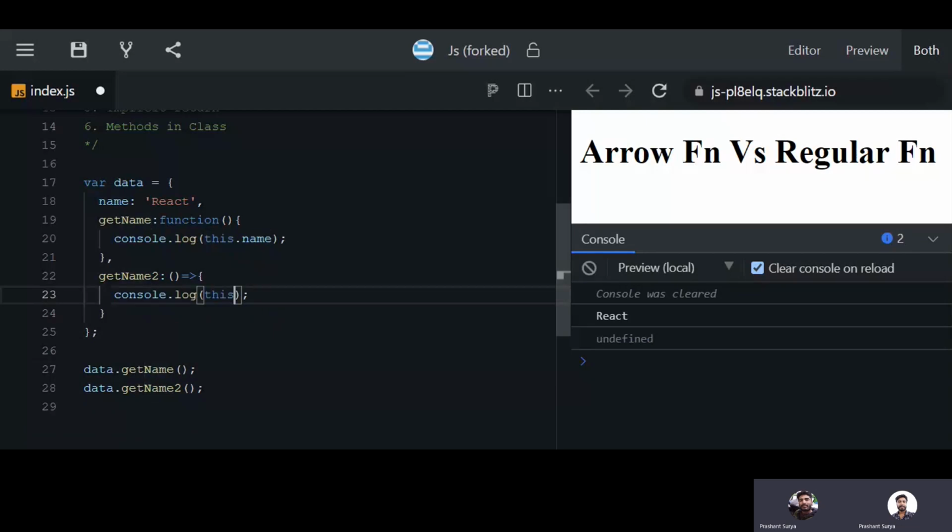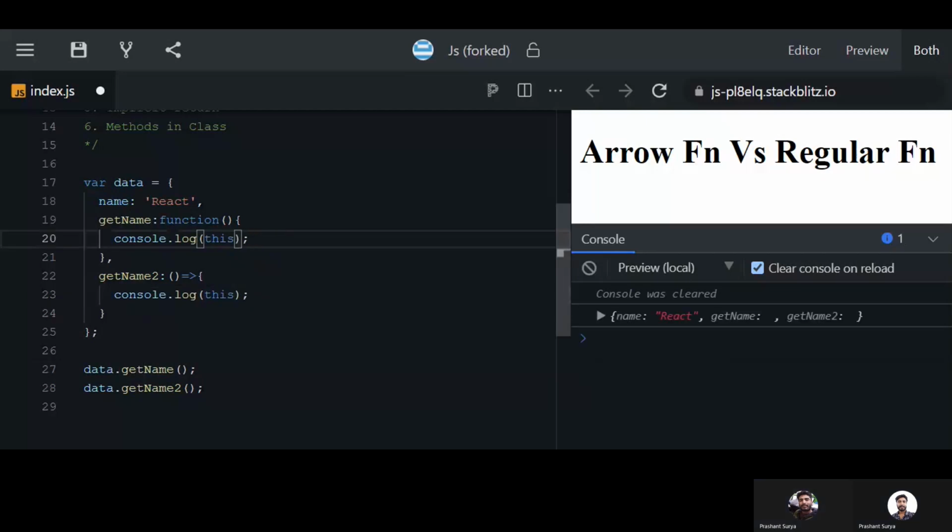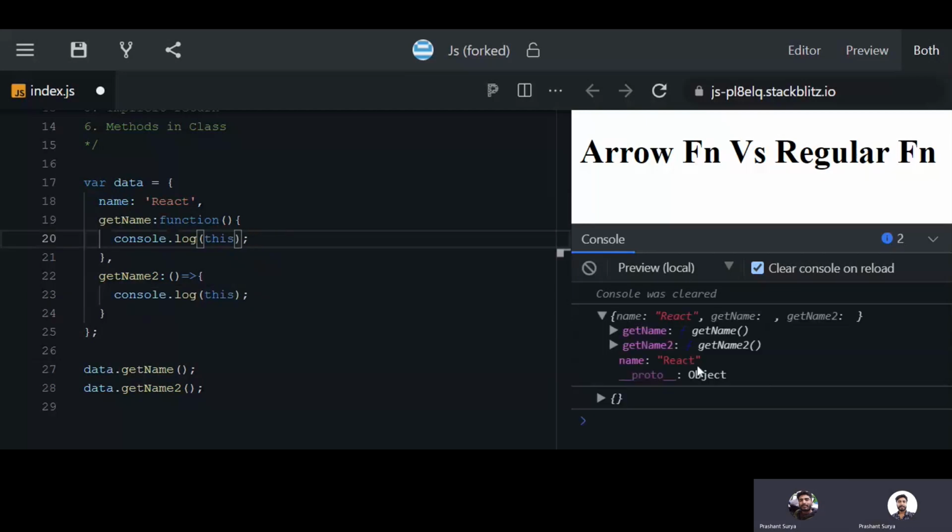Okay, so if you console this, you can see this is empty, but if you console this, you can see this has the parent scope, means this all scope has been here inside this, but inside this arrow function you are not getting the parent's scope, as this means this will not work inside this arrow function. Okay,